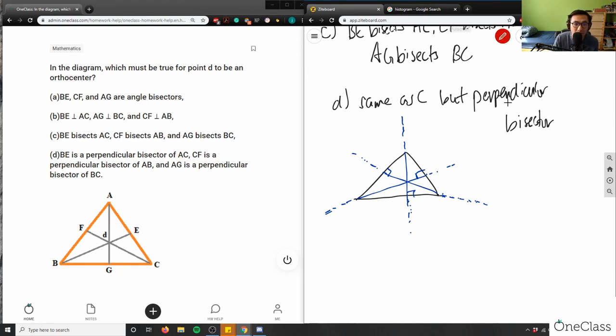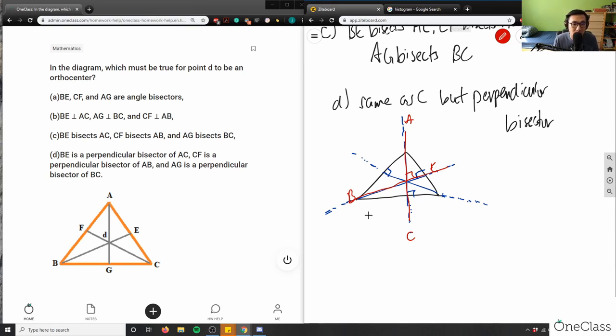BE is this line here. So BE has to be perpendicular to AC, right? So these two lines have to also be perpendicular to each other, right? When we talk about a perpendicular